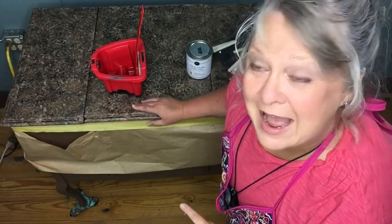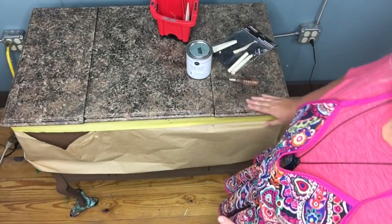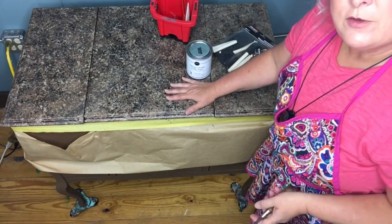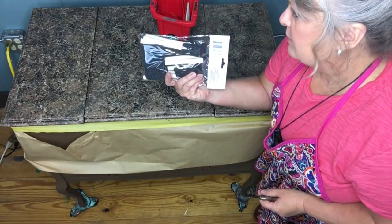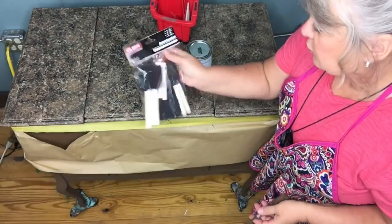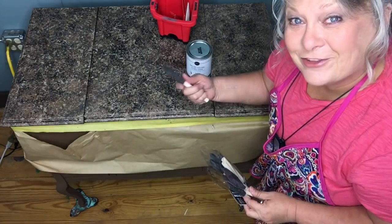Hey y'all, I'm back. This has dried overnight with the first coat of the high gloss top coat on it, so you can see it's actually not high gloss, as you know, shiny per se. But I wanted to get the last coat of the top coat on it today. And this is what I called a sponge brush yesterday, but foam brush is what it really should have been called. I got these at the dollar store this morning, the Dollar Tree. So it doesn't have to be expensive, and you can feel okay about yourself throwing this one away